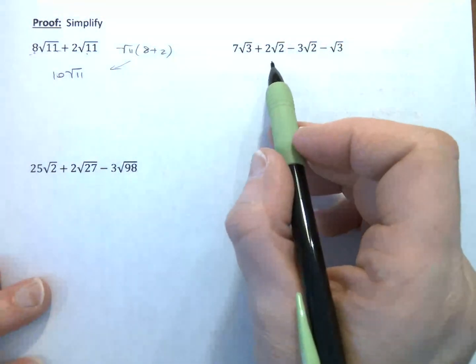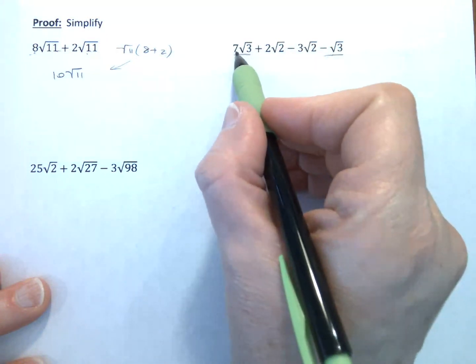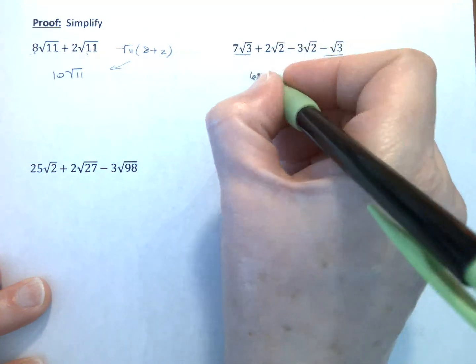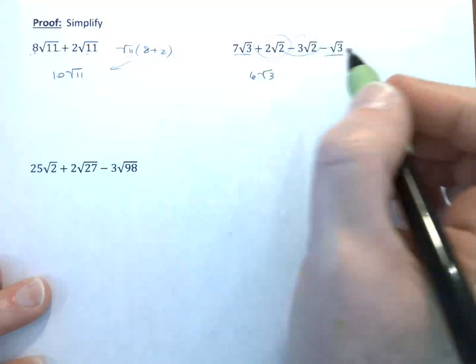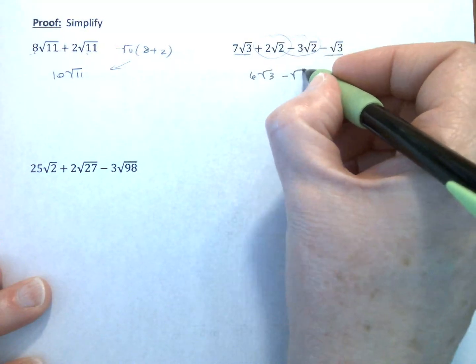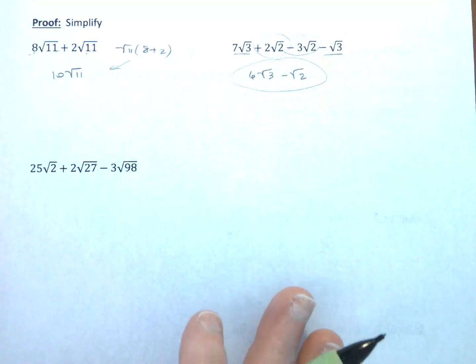If I look at this one, I have a square root of 3 here and a square root of 3 there. So 7 square root of 3 minus 1 square root of 3 is going to give me 6 square root of 3. Here I have a square root of 2 and another square root of 2. So 2 minus 3 gives me negative 1 square root of 2. So this is in simplest form. And if I look at my last one,